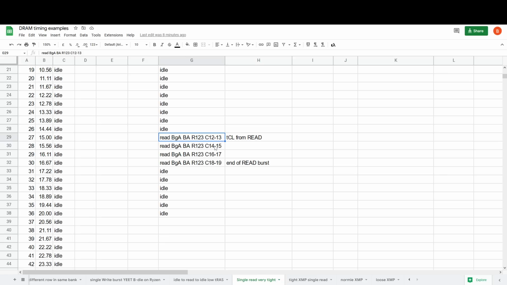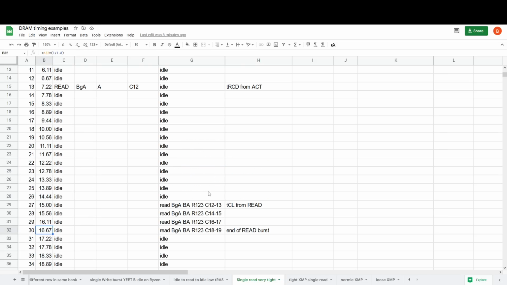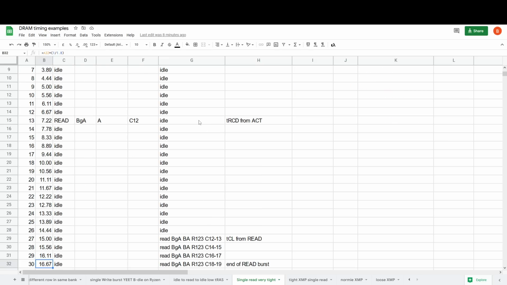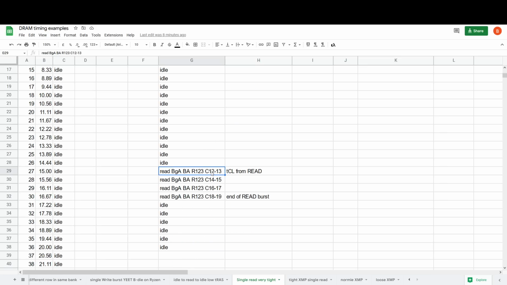So we get columns 12 and 13, then columns 14 and 15 on cycle 28, 16 and 17 on 29, and 18 and 19 on 30. And so in 16.67 nanoseconds, we have managed to read, if we're talking about a standard DDR4 memory stick, 64 bytes of data. Because each column is 64 bits wide, each of these columns represents a 64-bit data transfer. So here we're transferring 64 bits times 2 plus another 64 bits times 2, and then you divide your bits by